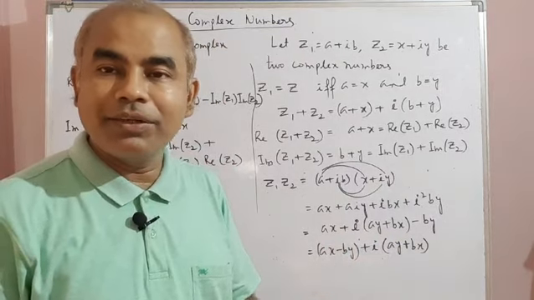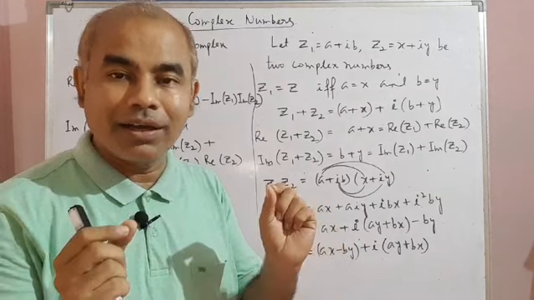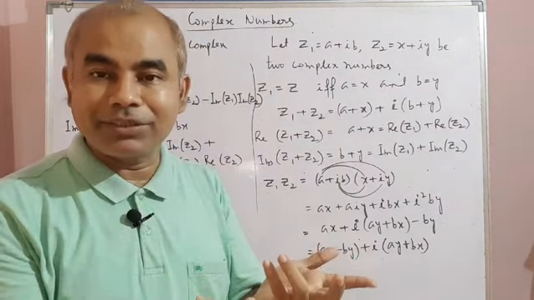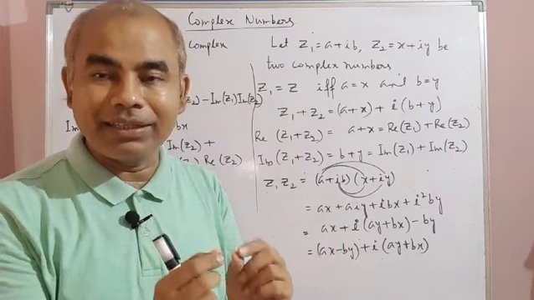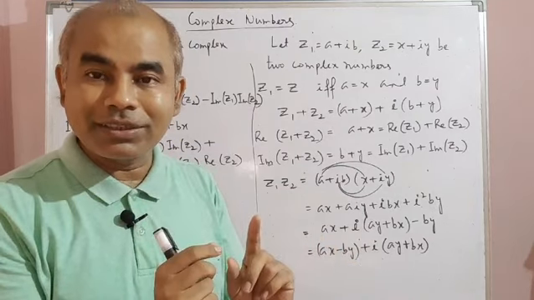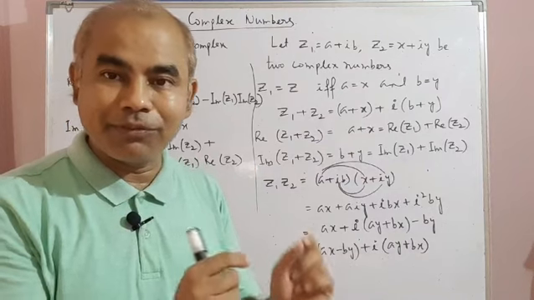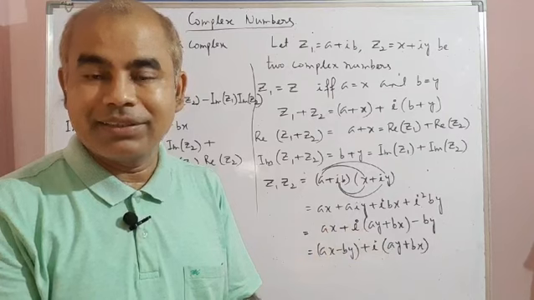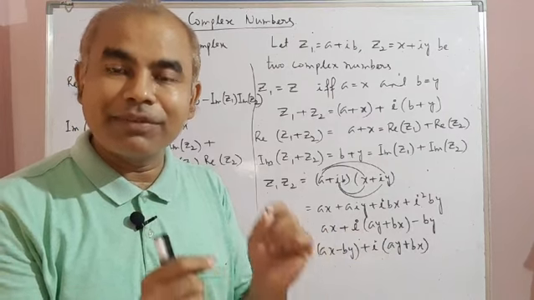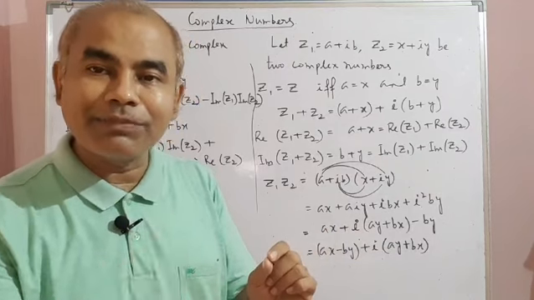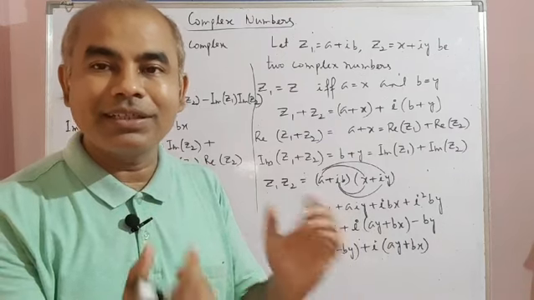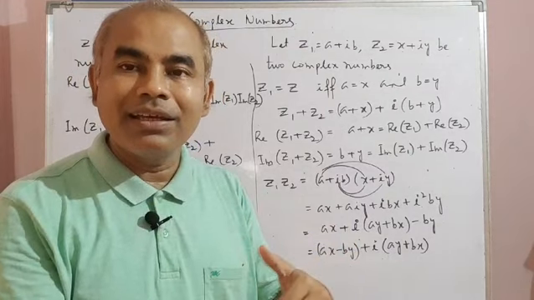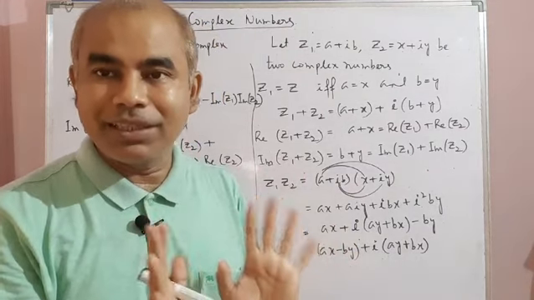Actually, students, mainly we have two mathematical operations, addition and multiplication. Subtraction is nothing but addition, but when we add two numbers of opposite sign, say 1 plus (-1), then whatever addition is done, that is actually subtraction. Same, what is division? Division means when you multiply a number by the reciprocal of another number, then actually it is division. So ultimately subtraction and division are special types of addition and multiplication, you can say like that.